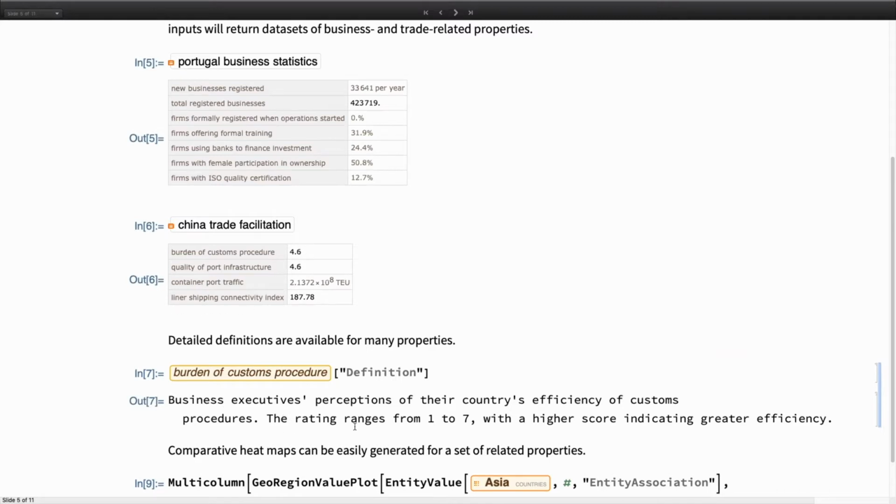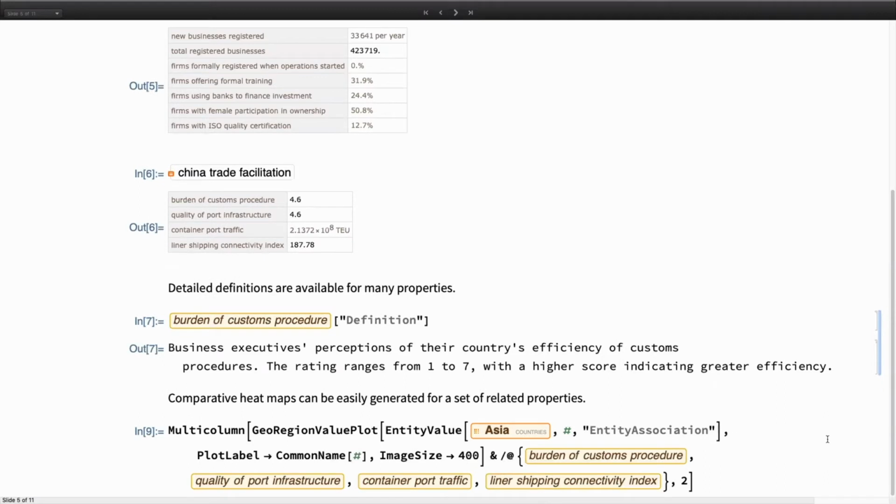This will explain indexes and other kinds of ratings and things that need some context to understand. And these are sourced and edited somewhat, coming from whatever the direct source is that we got the data from. And again, you can do some interesting things here, like let's take countries in Asia, and we're going to get